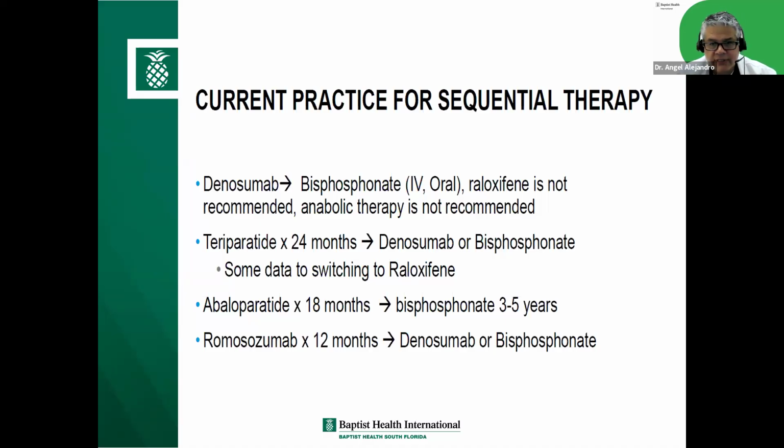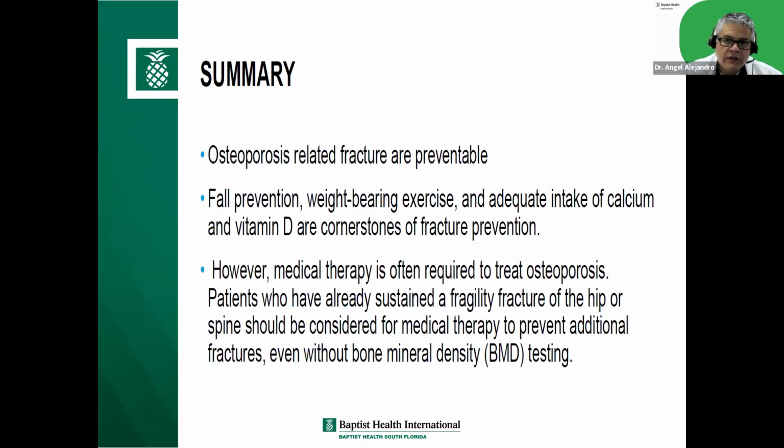If they have severe osteoporosis, then you may want to think about using denosumab first, okay? But for me, almost all of my patients, the first drug I give them is alendronate, right? It's generic, it's cheap, and it's effective. So in summary, we talked about how to diagnose osteoporosis, and how to treat it, but fractures are the name of the game. We need to prevent fractures, okay? Calcium, vitamin D, medications, lifestyle modifications. We've got to do all those things because a fracture changes everything.